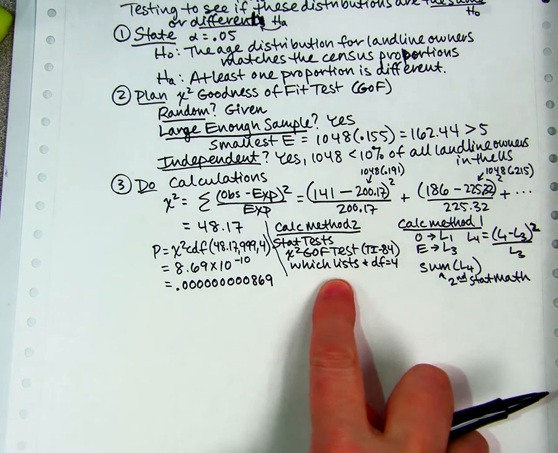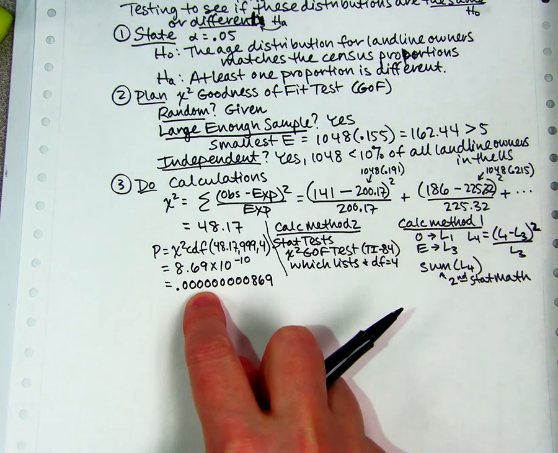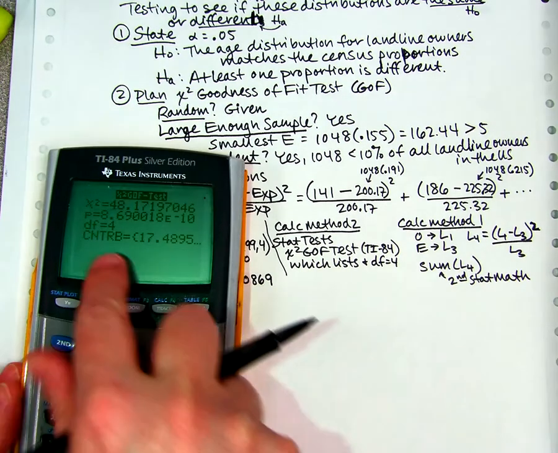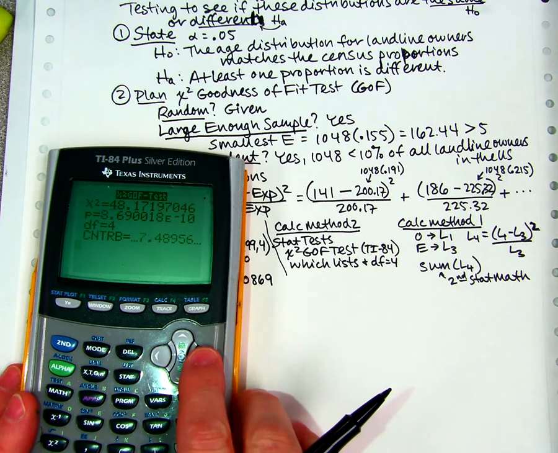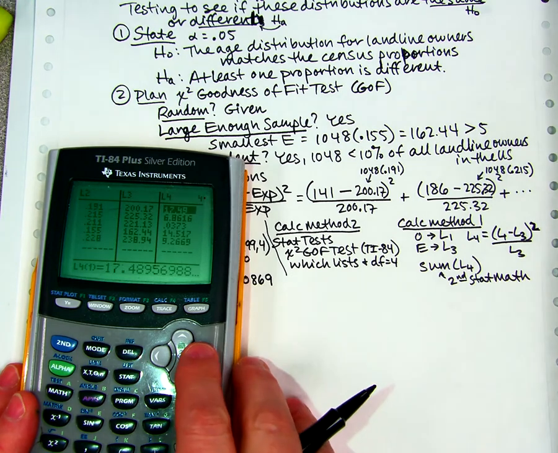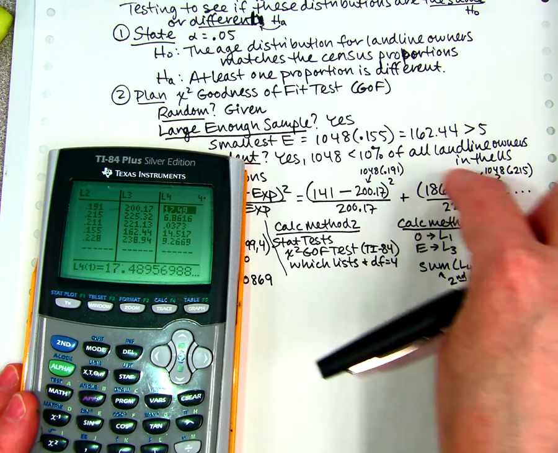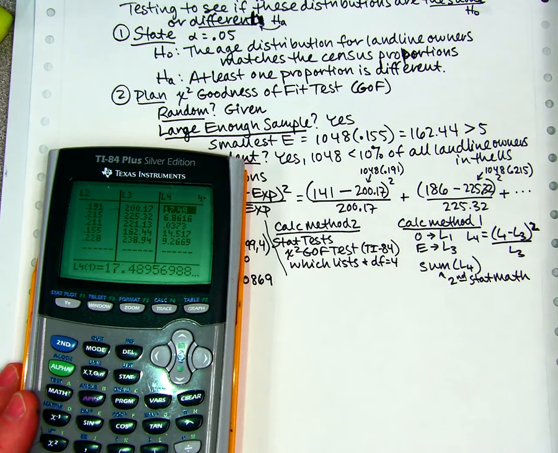If I used the chi-square CDF method, I ought to get this same amount. I will check that in just a minute. But I want to talk about this contributions row. Do you know what this is? What's the 17 and the 6.86 and all of that? What are those numbers? Those are the same numbers that are right now in my list 4 because they are the same as this and all the other contributions to chi-squared. So sometimes you might need those numbers, and we'll talk about that in lesson 11.1c,